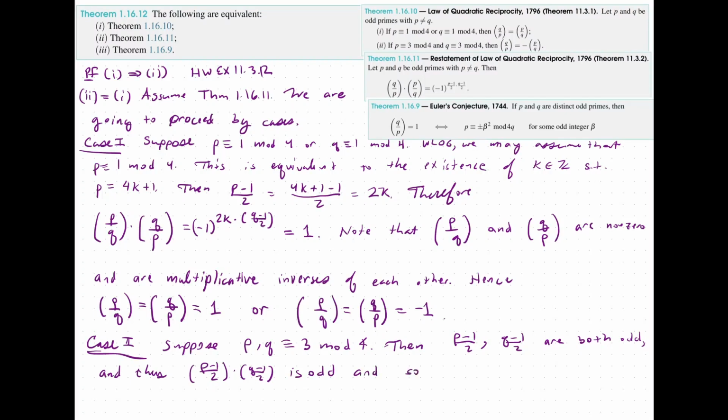And so we get that (q on p) times (p on q), which by the assumption, since we're assuming Theorem 116.11, is negative 1 to the (p minus 1) over 2 times (q minus 1) over 2. Since that is an odd product, we just get back that the Legendre symbol product of them is equal to negative 1. And so we get this here. So consequently,